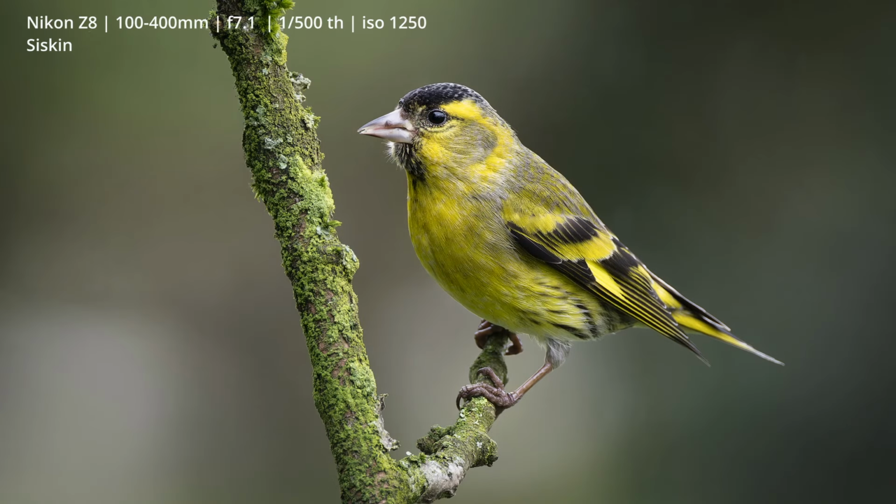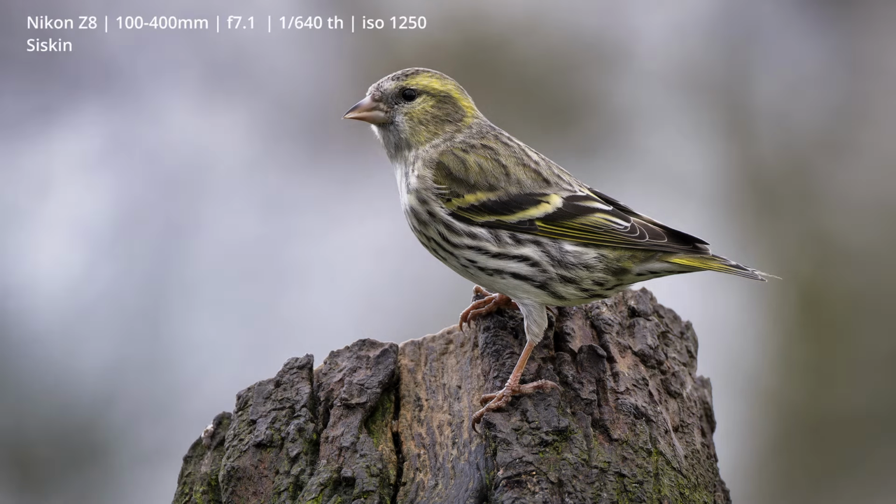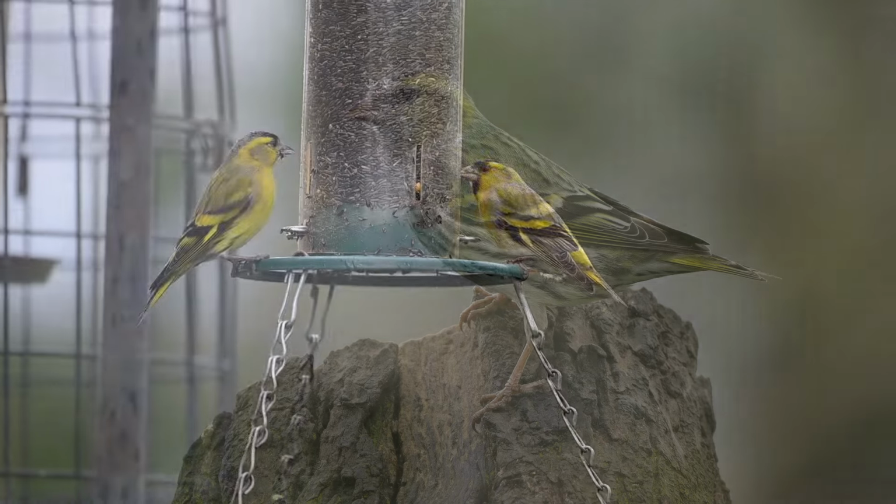My main goal though was to try and take some really good photographs of the siskins. On the first day they didn't really land on the perches or pose very well when they did, and so I added a second day of shooting just to try and get the photographs of the siskins that I wanted, and on the second day they performed so much better. I saw more of them. On the first day I only saw 2